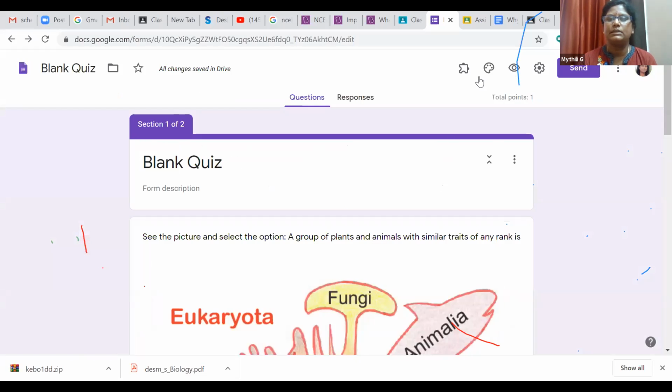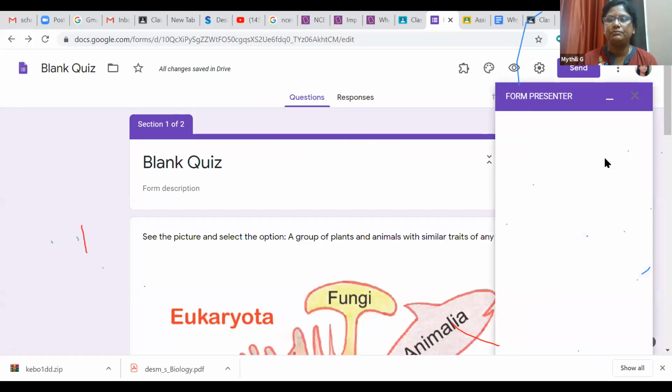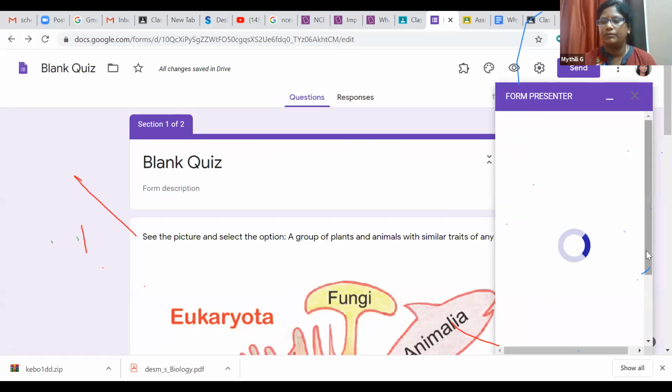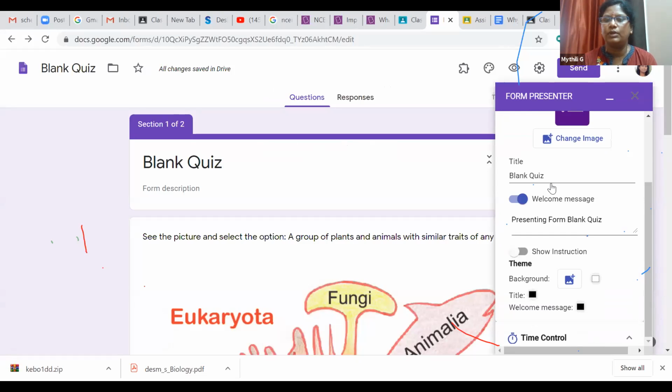So you can see this is the add-on. I can say that with this timer, you can set up the timer, and okay, you can give the title.